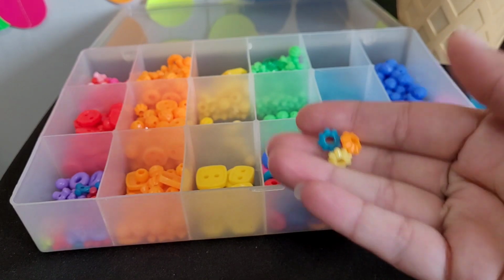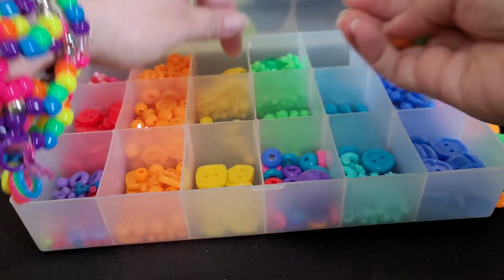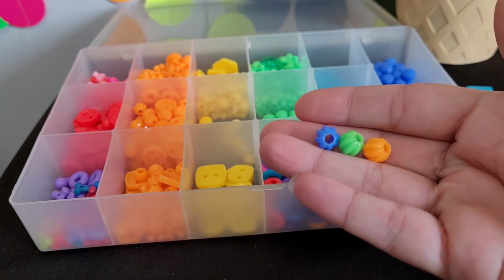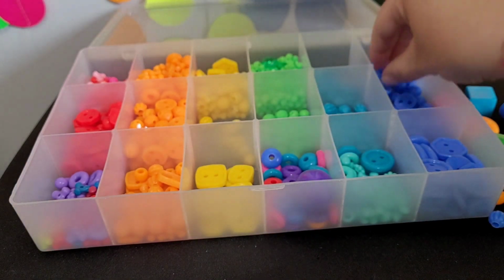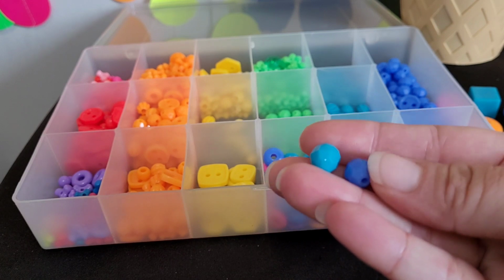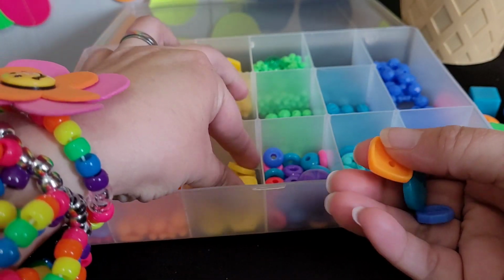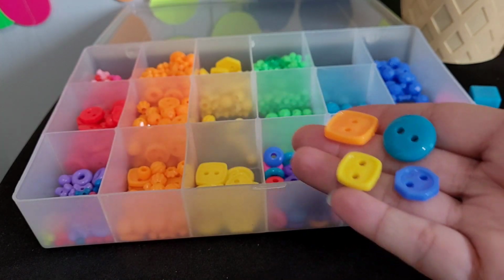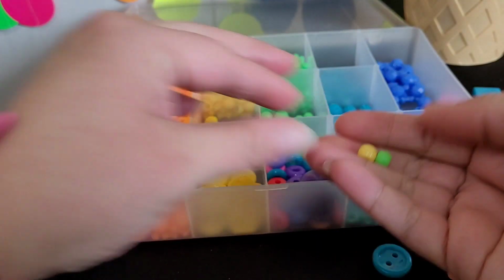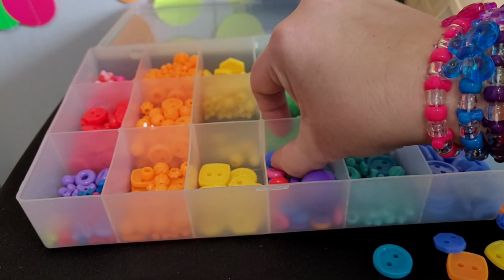These flower beads were in the kit. These round beads with the texture. These beads. And another favorite of mine were these buttons. Well, I mean, I love all these beads, but the buttons. And there were some pony beads mixed in. Like, oh, these too. You know what? I don't know if...